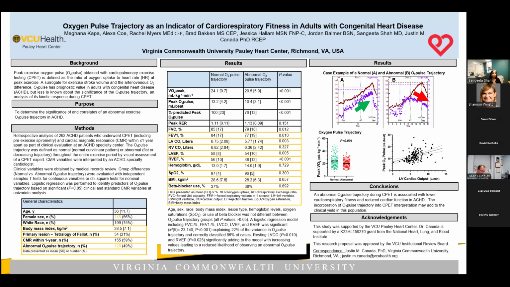And then we're able to correlate it with ejection fraction as well as stroke volumes, as you see here. It's interesting that the oxygen pulse in this population corresponds to the stroke volume, which I would like to see. What we've talked about is seeing if we can correlate the oxygen pulse that we see by CPET by measuring stroke volume non-invasively in a cardiac MRI machine. So I think that's where we're hoping to go over the long term.